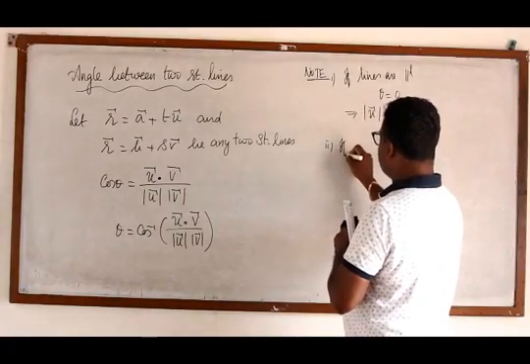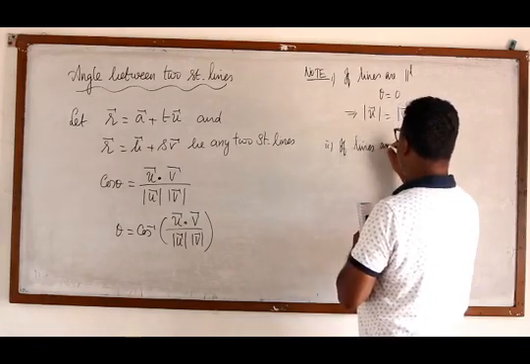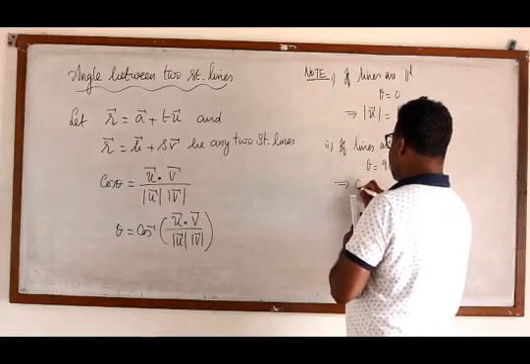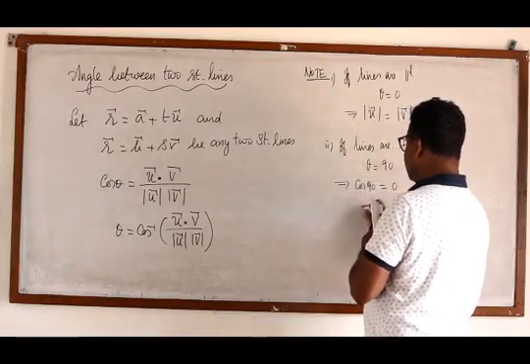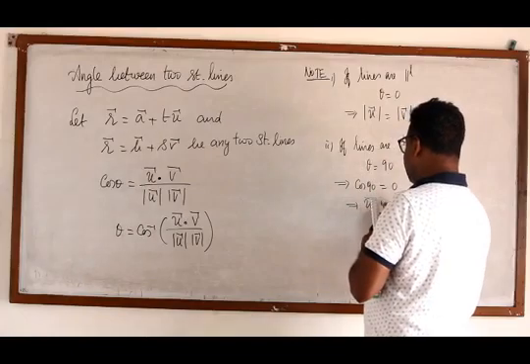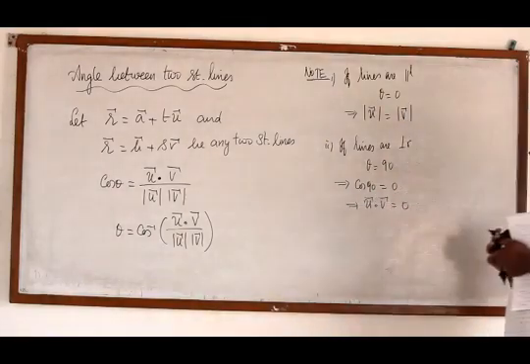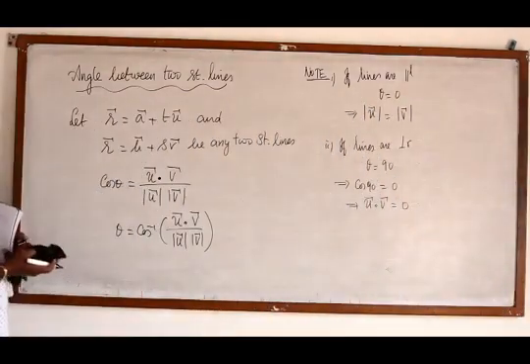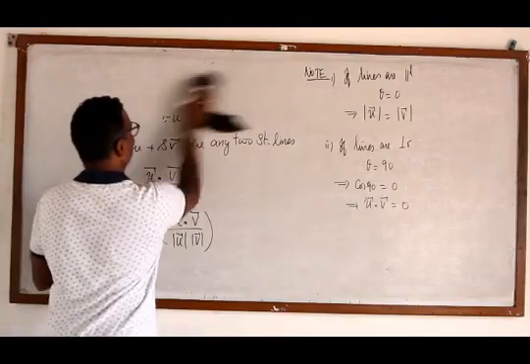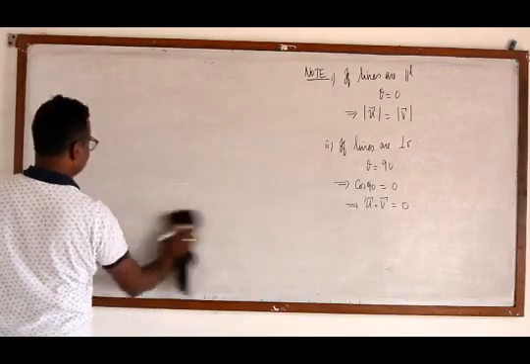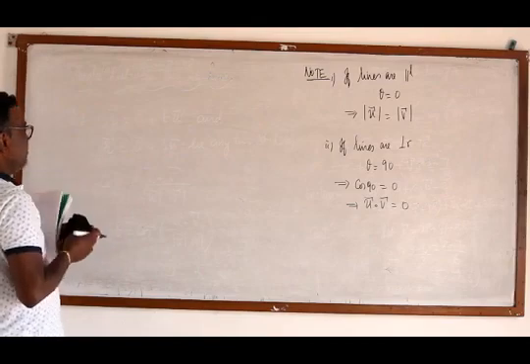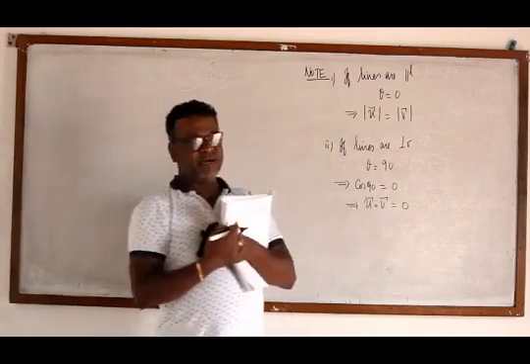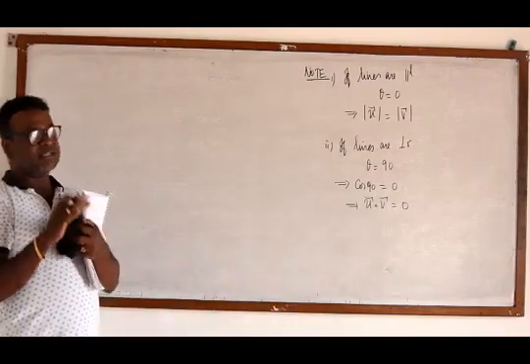Second one, suppose these two lines are perpendicular. If the lines are perpendicular, then theta equal to 90. In that case, cos 90 is 0. This implies u dot v will be 0. We know that dot product 0 means the lines are perpendicular. So these are the things we are going to use to do the remaining problems of exercise 6.4. Now we shall go for the next example. Remember, we have to use the formula cos theta equal to u dot v by modulus of u and modulus of v, by taking the vectors on the lines.